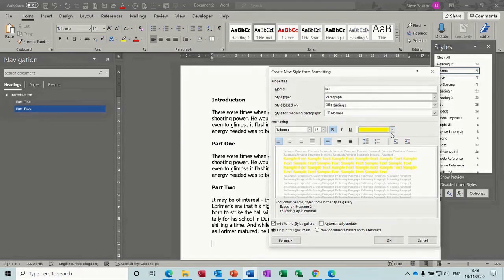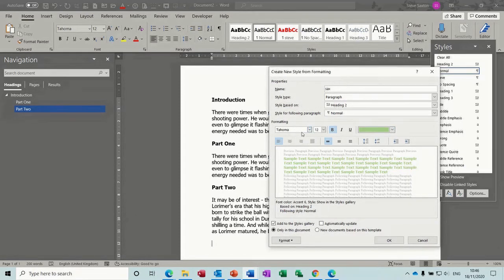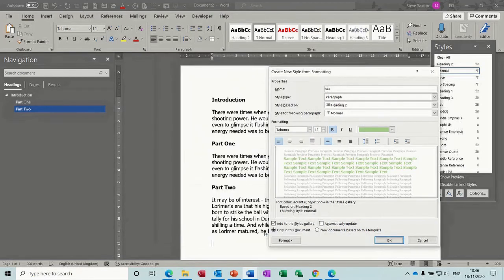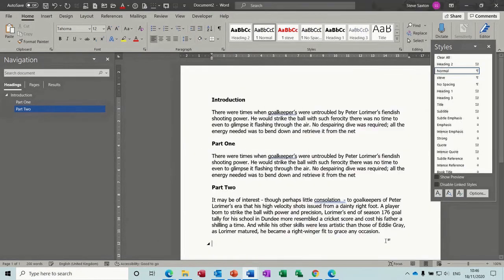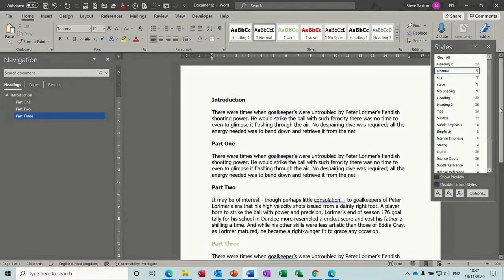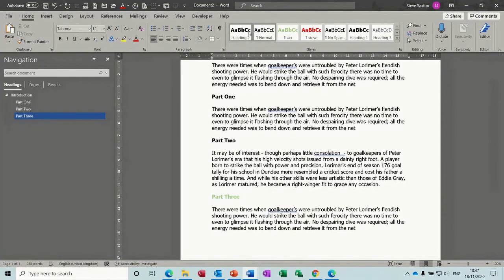Not that, that's a bit grim. Let's go for green. Okay, that's still grim, but never mind. So it's based on heading 2, and we know heading 2 hasn't got any issues with spaces before or after, so that's okay. Click OK, click OK, and then you've got it selected. That little triangle means it's selected. So if I go part 3, enter, and then type my little auto text again, it should go back to a normal paragraph, which it does. So that's how you can edit your own,